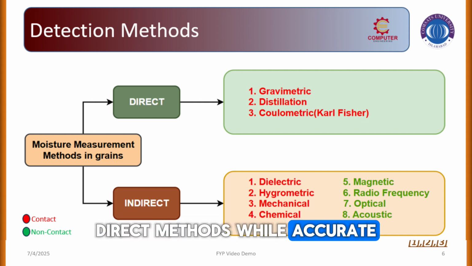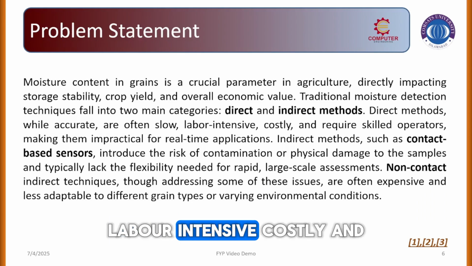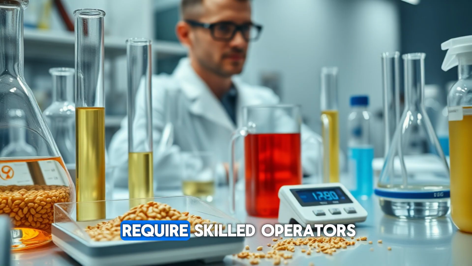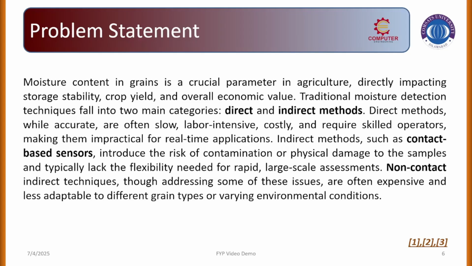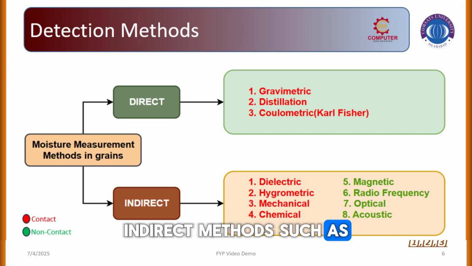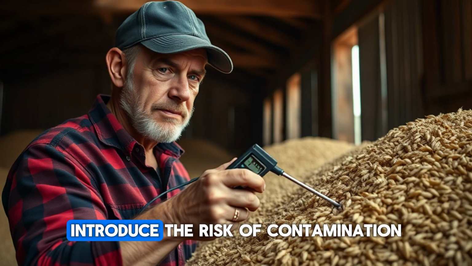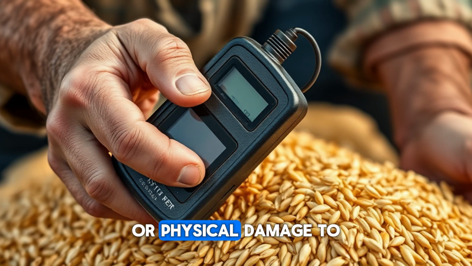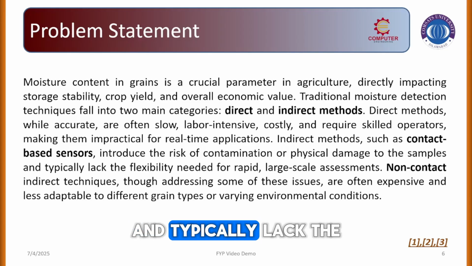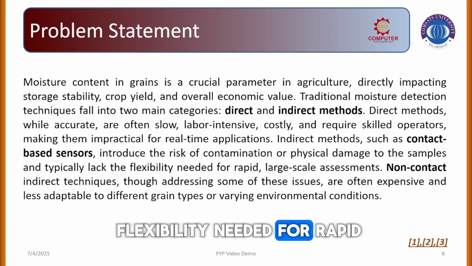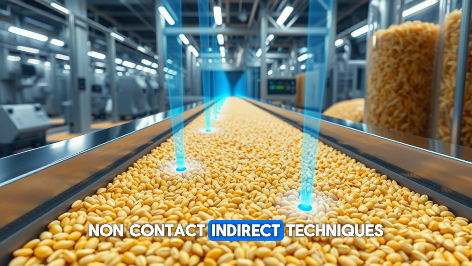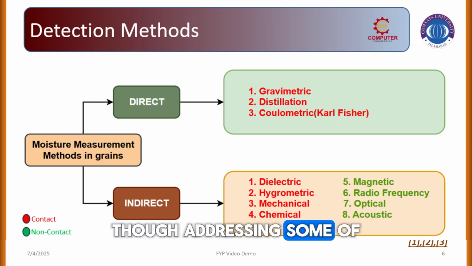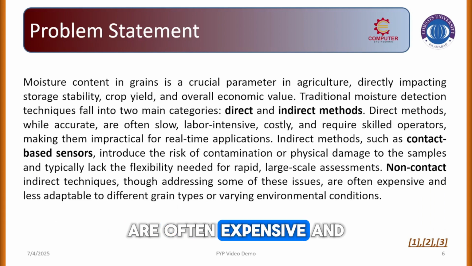Direct methods, while accurate, are often slow, labor intensive, costly, and require skilled operators, making them impractical for real time applications. Indirect methods, such as contact-based sensors, introduce the risk of contamination or physical damage to the samples and typically lack the flexibility needed for rapid, large-scale assessments. Non-contact indirect techniques, though addressing some of these issues, are often expensive and less adaptable to different grain types or